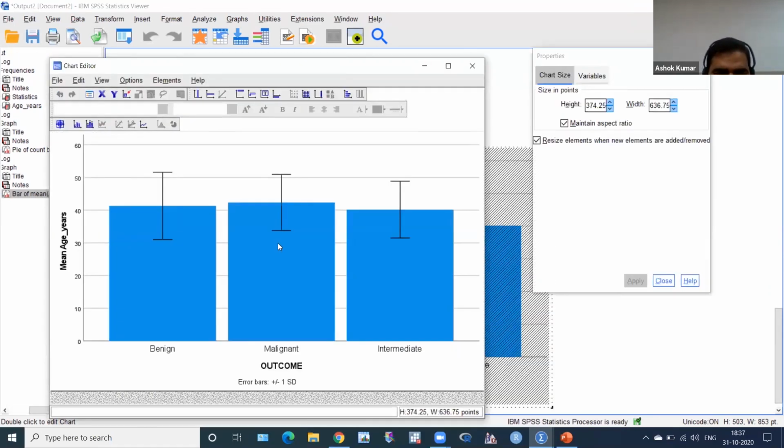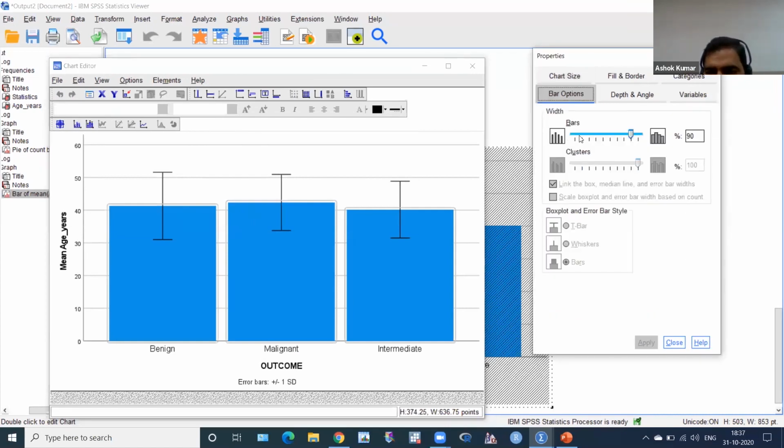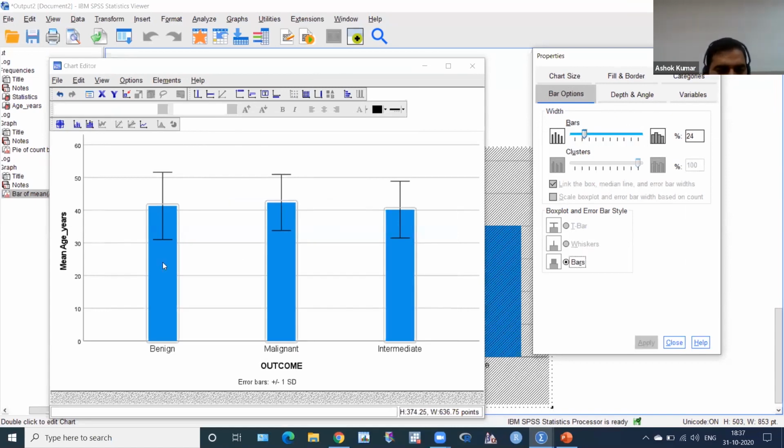These are very broad. I want them narrow, something like that. So please select these bars, click here. Okay, all are selected. You can see here, all are selected. Then this is the bar option. Click on bar option. Then this is bar width. So I want to select around 25, 26, something, 24. Then click apply. Oh, it's looking very good.